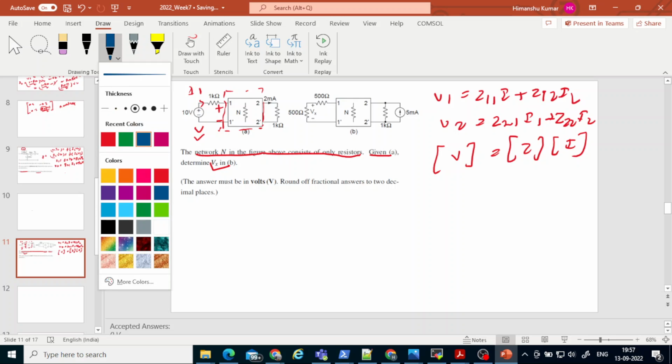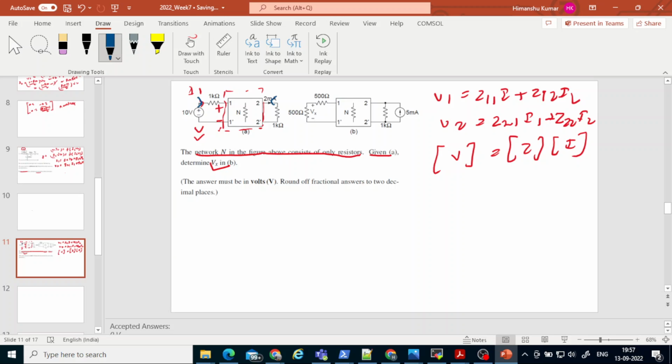So the current in this branch is I1 and the current in this branch is I2. Okay, so now let's calculate what V1 is. So V1 is equal to Z11 I1 plus Z12 I2,